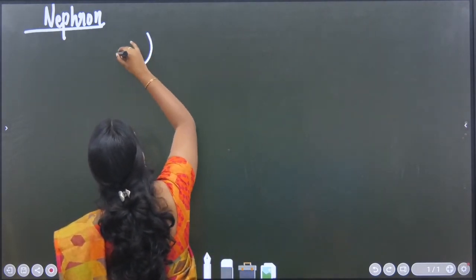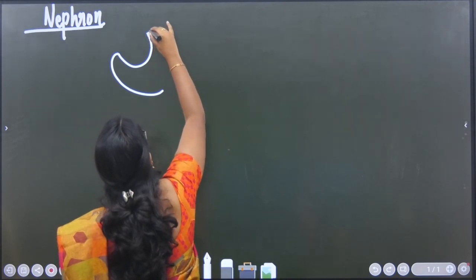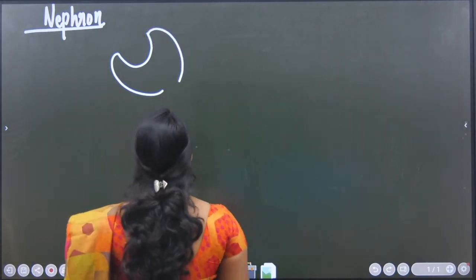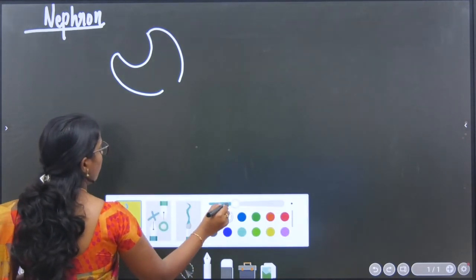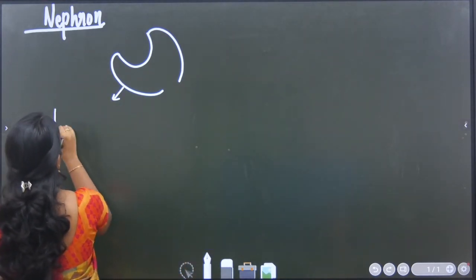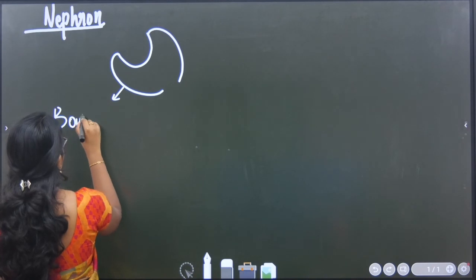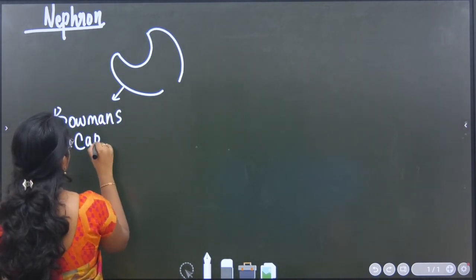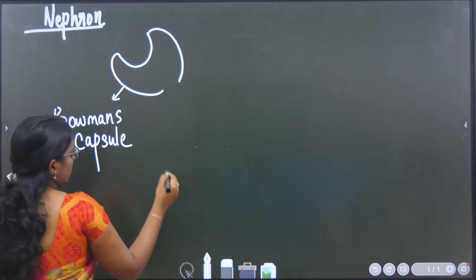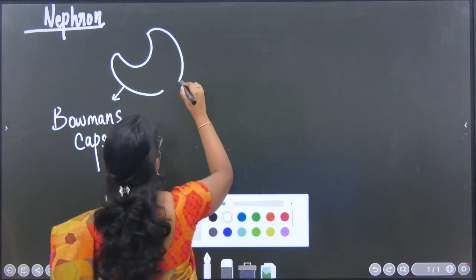So, nephron structure starts here. This is called Bowman's capsule. What is the structure? The structure is called Bowman's capsule. The continuation of Bowman's capsule is